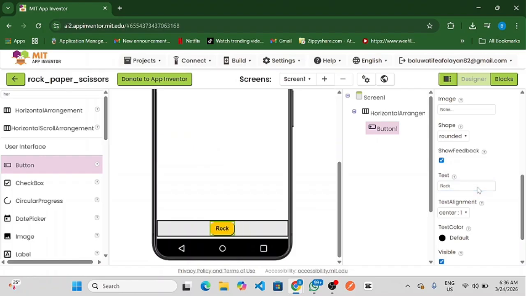Rock. So let's just copy and paste this button. So let's just change the text. This will be our paper button. Then this will be our scissors button. So we are done with our button. Then moving on,